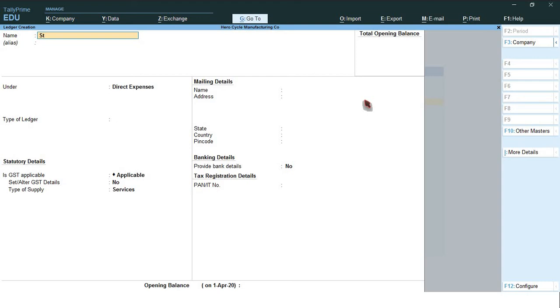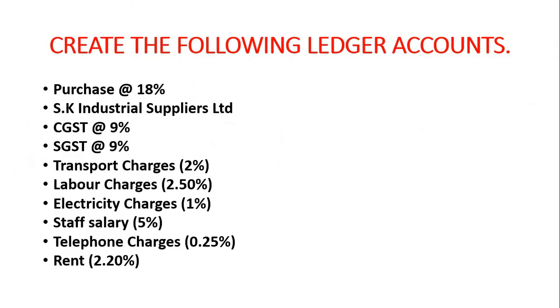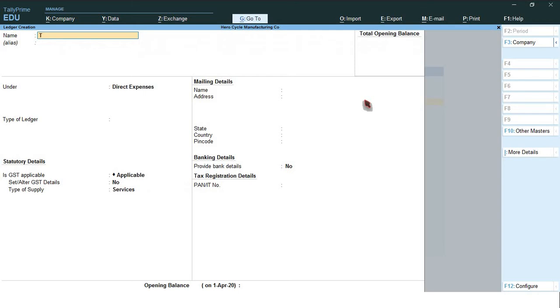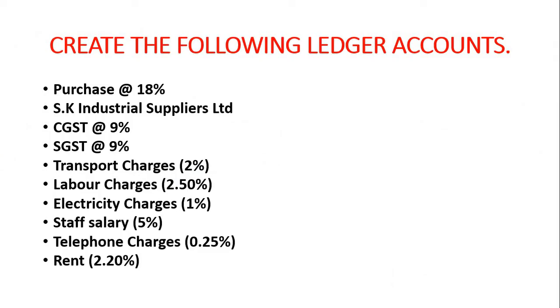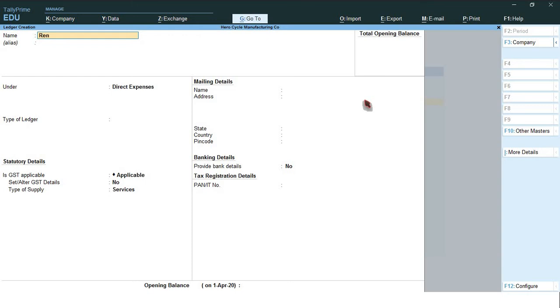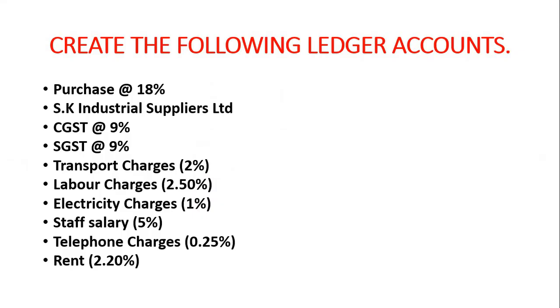Staff salary, direct expenses. Telephone charges. Last one, rent. Okay friends, all the ledgers are done.